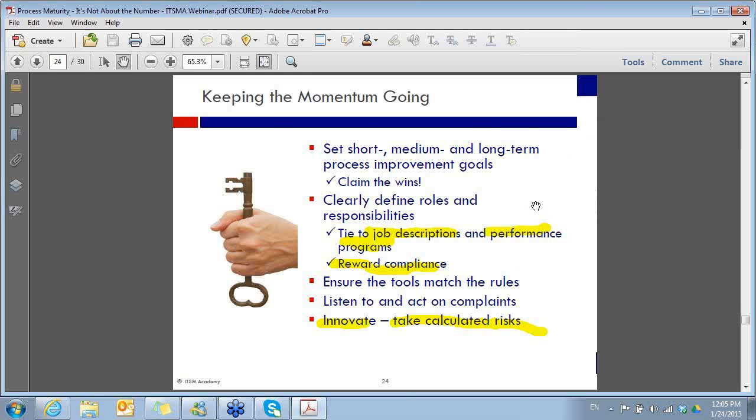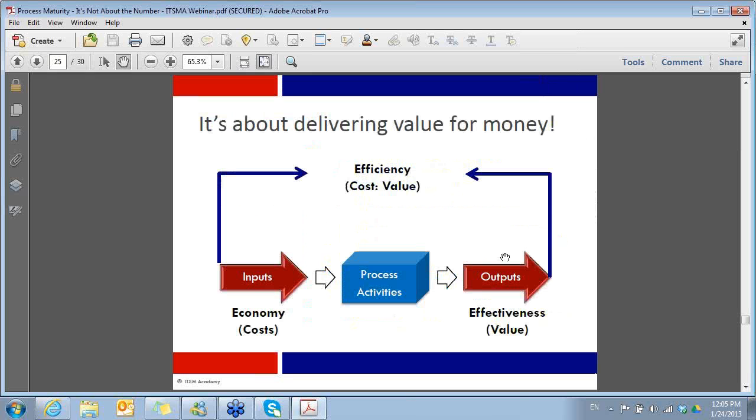And that's really where I'll end it. I said I would tell you what, in my opinion, it is about. It's not about the number. It's about having just enough process. It's about having a process that's delivering the value that's required by your customers, but at an acceptable cost. That's where you really achieve true efficiency for your organization. Have just enough process to meet the goals of your business.